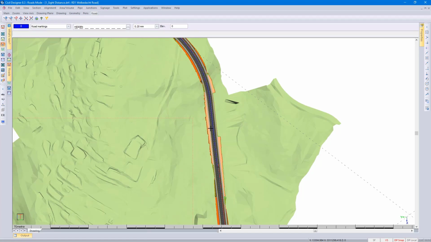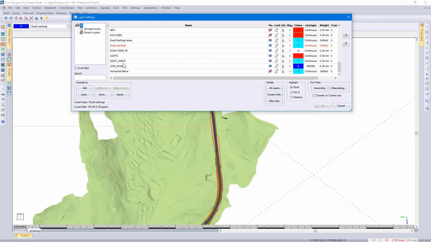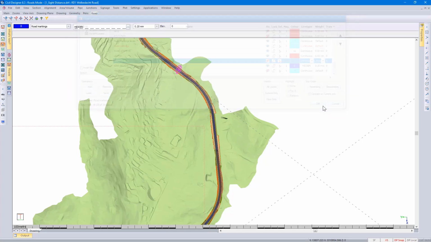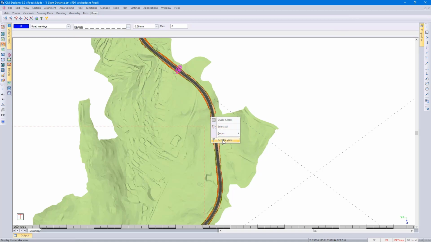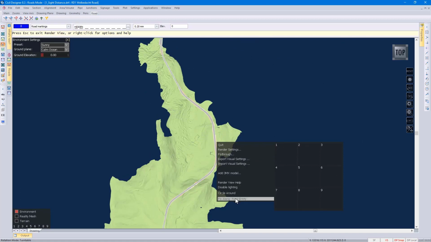Next up, I want to show you how you can define your own fly path. I'm going back to my CAD layers, and I'm going to turn off that sight check layer we created. I go and right click again and go and select render view. Now instead of right-clicking and selecting the normal fly along road entity,